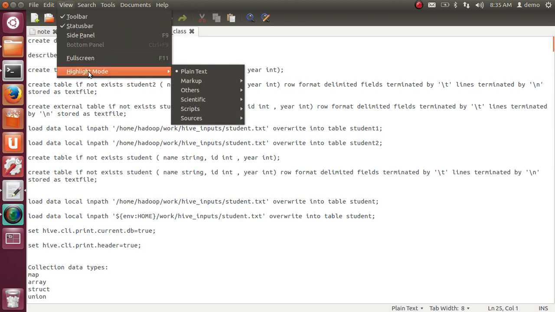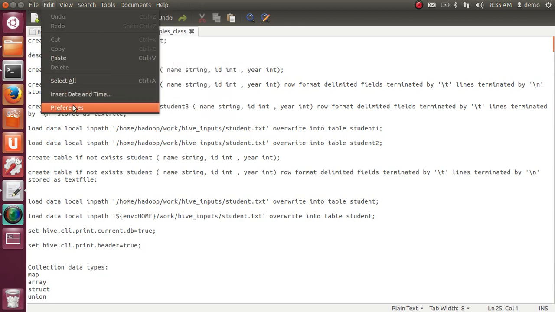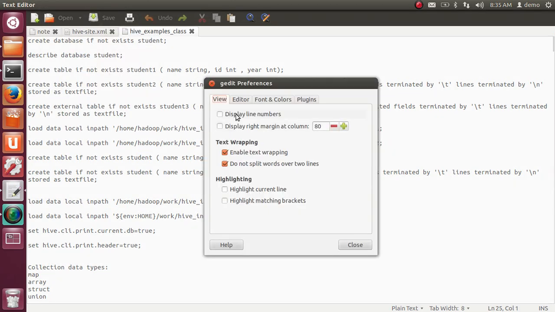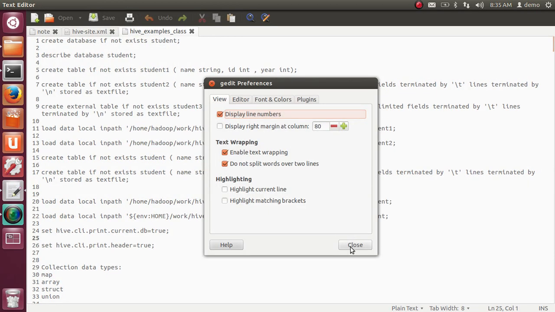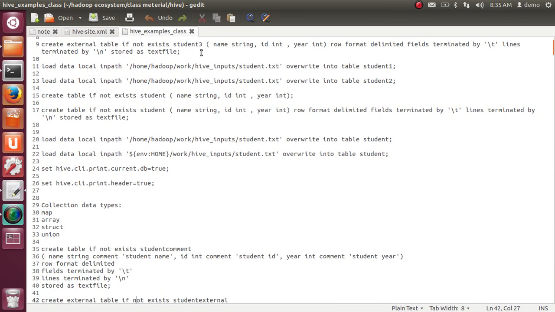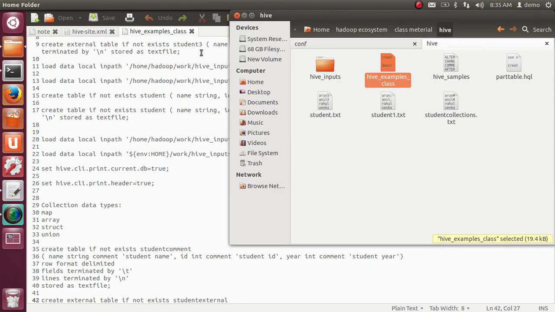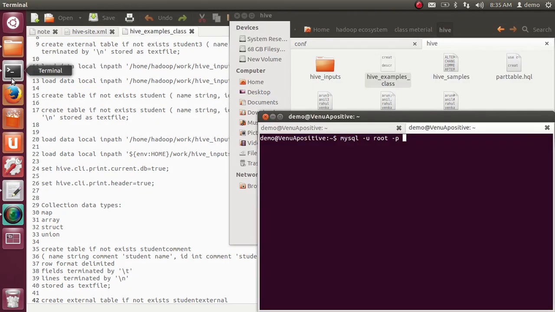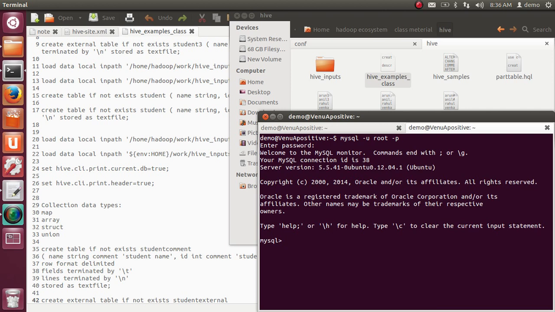I hope there are no other lines. Everything you can find here. I will give this documentation for you. The password is root and hello.